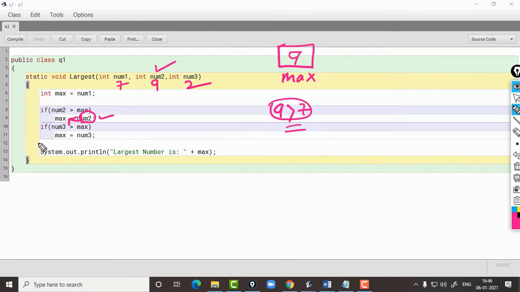Then next we are checking the third number, that is num3.